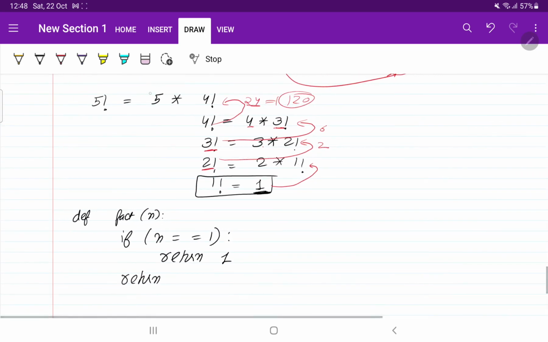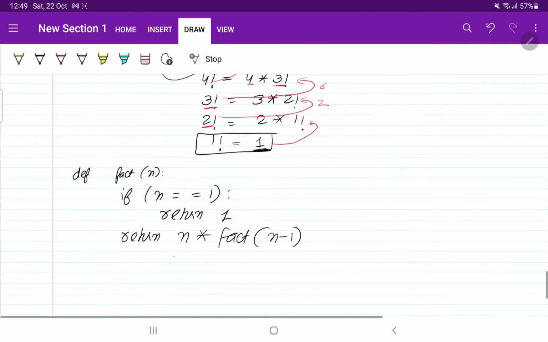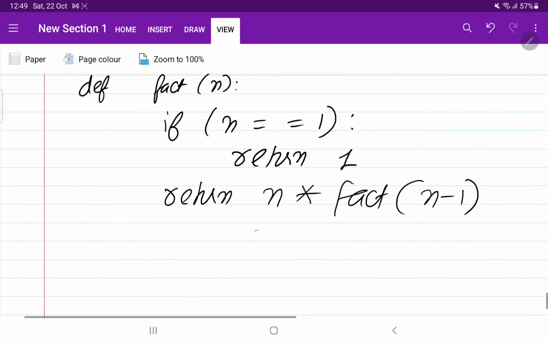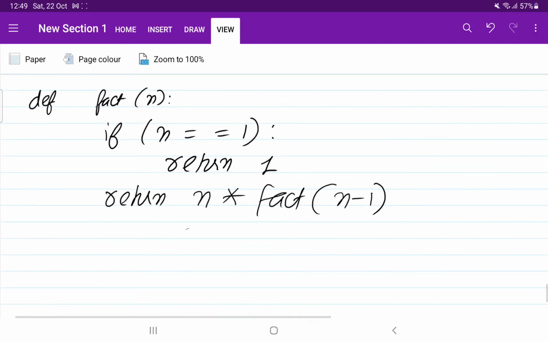So if they ask us this question, what we have done, we have written that function n multiplied by, we have called the same function with n minus 1. Okay, so what is fact n minus 1 means? We told that 5 factorial will be equal to 5 into 4 factorial. So this is the same thing that we have done. Now this entire code will be run automatically. Okay, I will again show you the dry run one more time, so it will help you to understand the things more clearly.